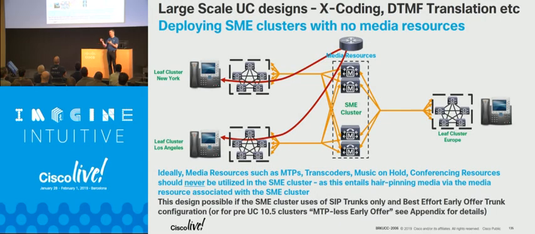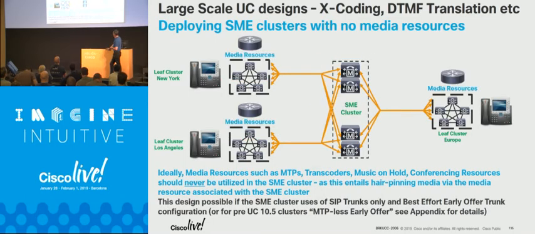so you're going to insert an MTP instead. So delayed offer to early offer is really a bad thing to do, because you start forcing media resources into the path, and you start hairpinning media in this way. So the way to fix that, and the way to use local media resources only, is to use best